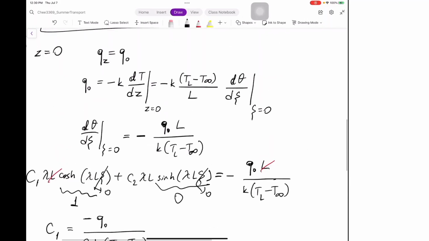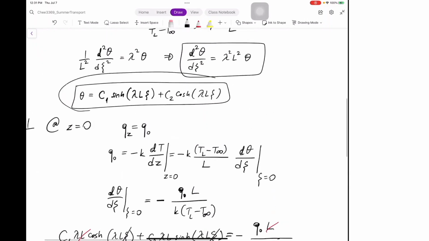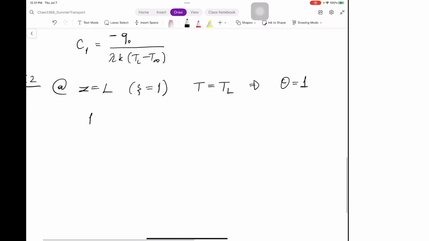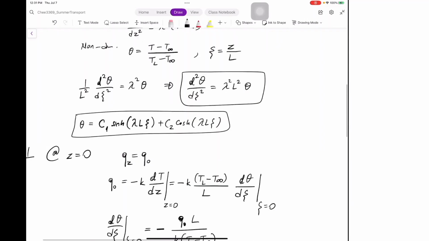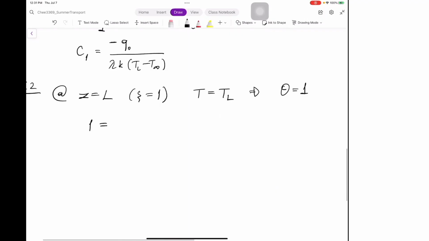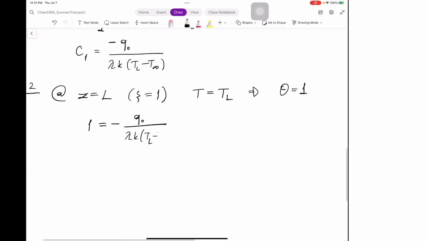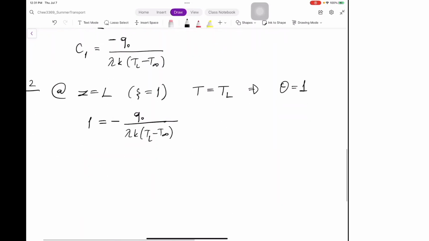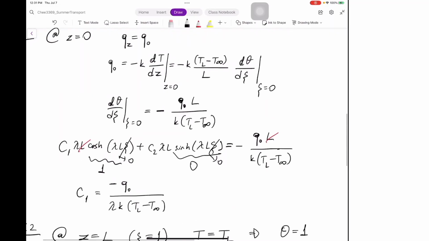And let's get this equation and plug in the numbers. Theta equal to 1 is equal to C1, which we found already as Q0 over lambda K TL minus T infinity, times sine hyperbolic of lambda L